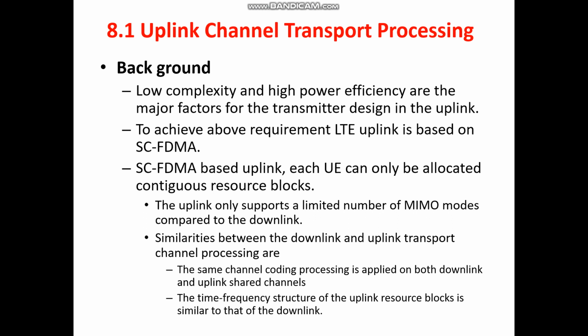However, in downlink, the E node B can have low power efficiency and high complexity. The user equipment cannot withstand this rule. Here, low complexity and high power efficiency are the major factors for the transmitter design in the uplink, that is,